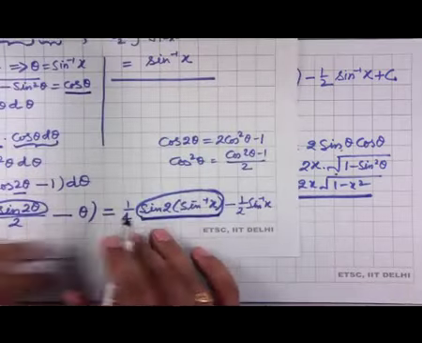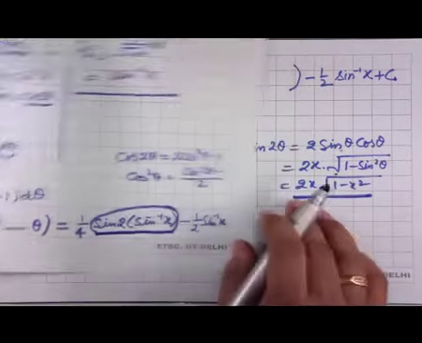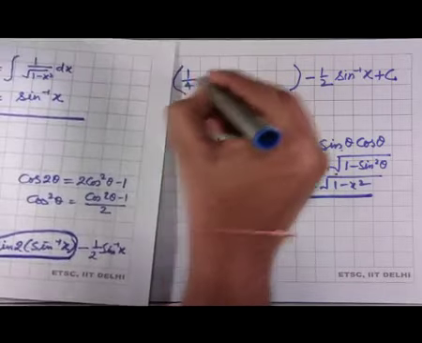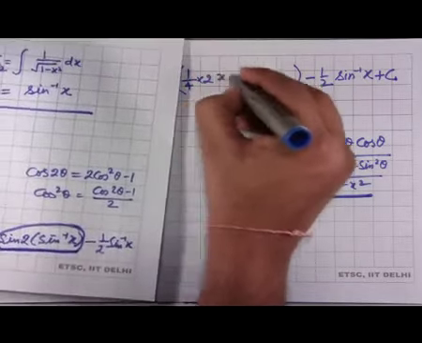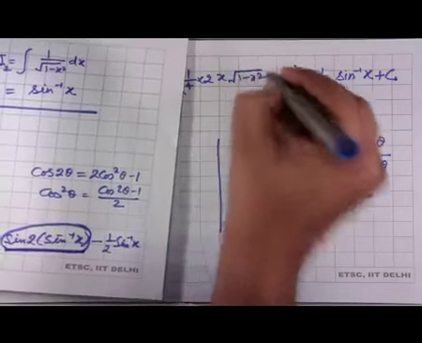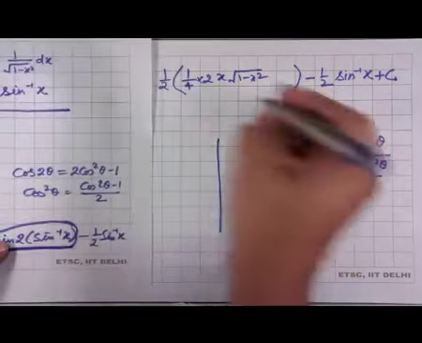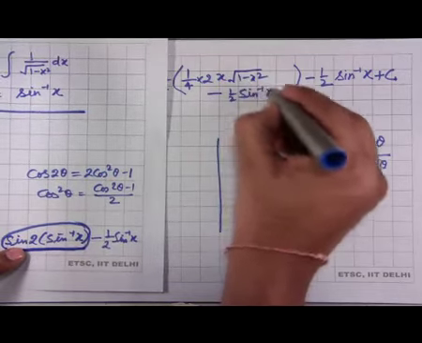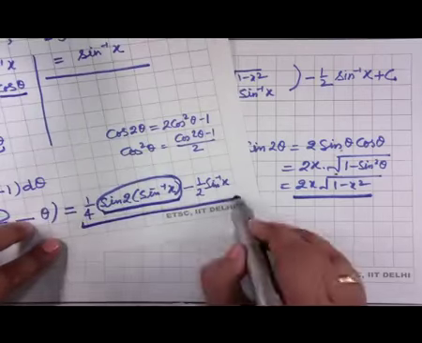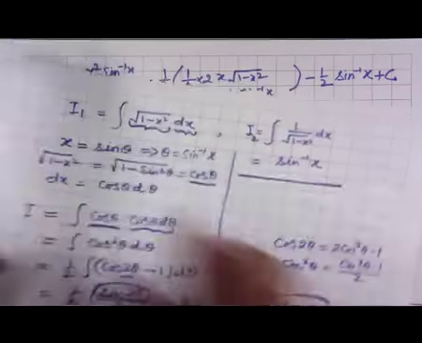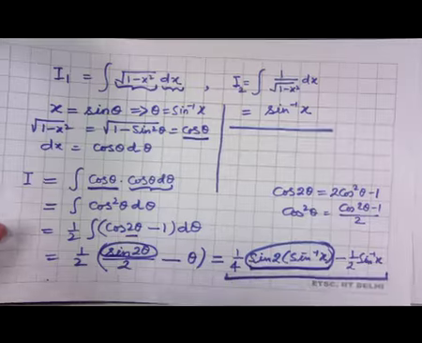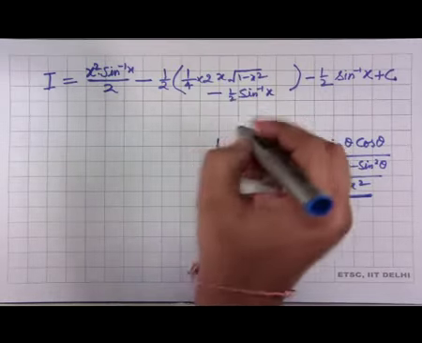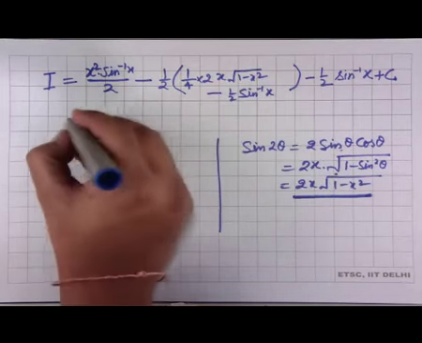So, this is 1 by 4 of 2x square root of 1 minus x squared, minus 1/2 of sin inverse x. So, the integral I 1, which we evaluated using this procedure, is a little long, we got this one. So, when we simplify this, we get